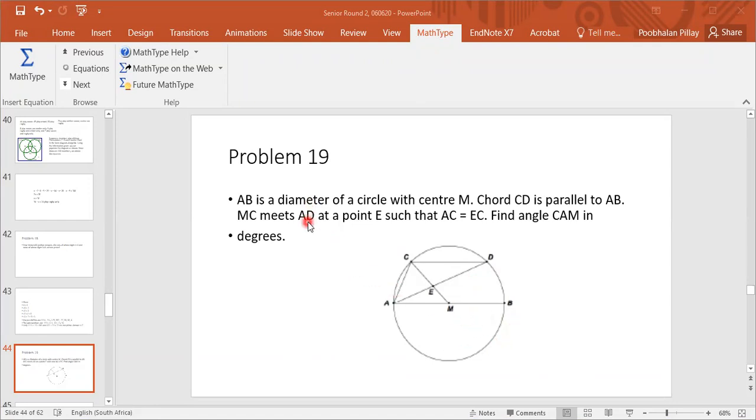But now they tell you that E is a point such that AC equals EC. So you've got AC equals EC. These two are equal. That equals that. AC equals EC. And the problem is to find the angle CAM, this angle here, in degrees. They don't give you any angle here, rascals. They only tell you all these different sides are equal. But you evidently will have to use isosceles triangles, have got the